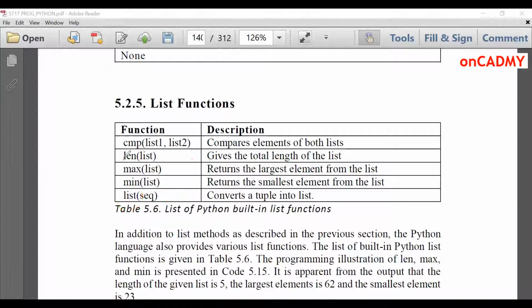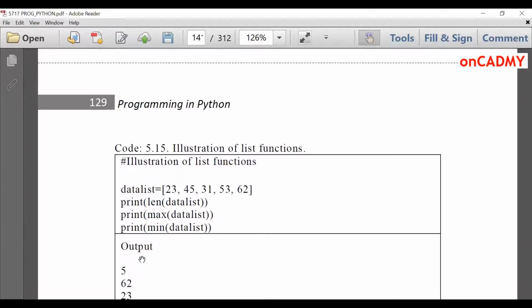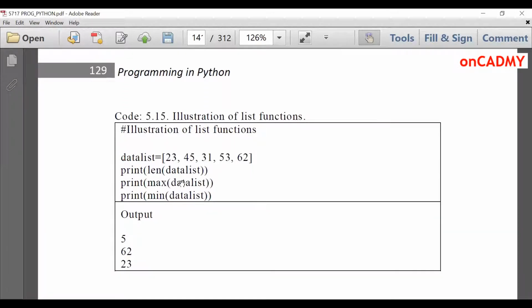Next is list comprehension. You can see the example of these functions. Suppose I have this list: length of data list, maximum of data list, and min of data list. So you can see length, it has 5 elements. Max of data list, 62 is the largest element.